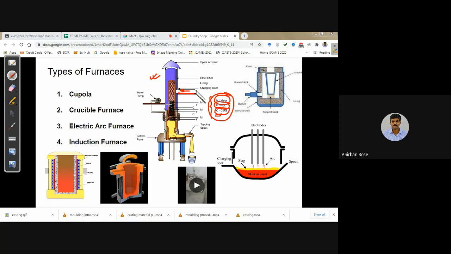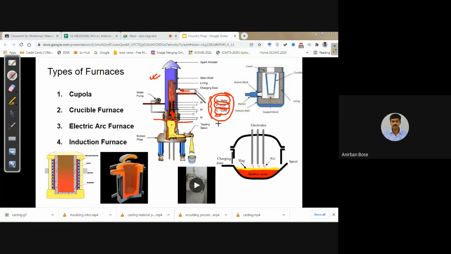Within the cupola, air is supplied from the bottom. Air is blasted from the bottom and goes in the other direction, and the charge moves in the downward direction.